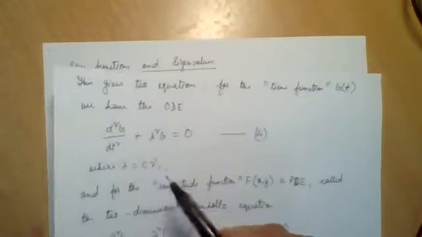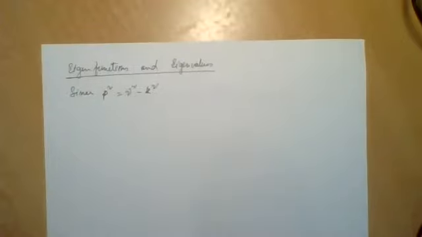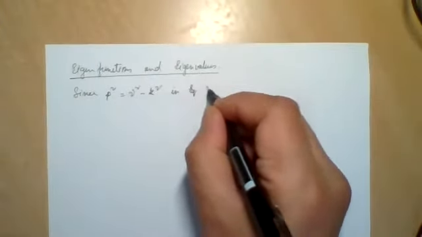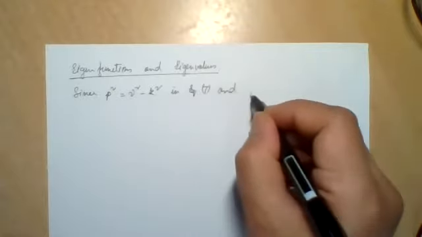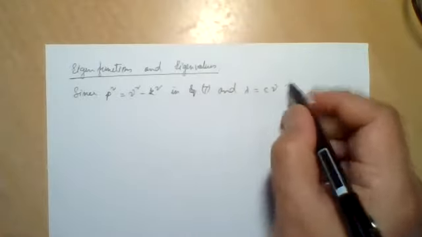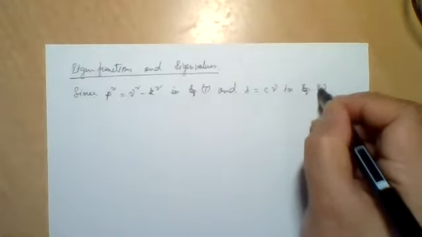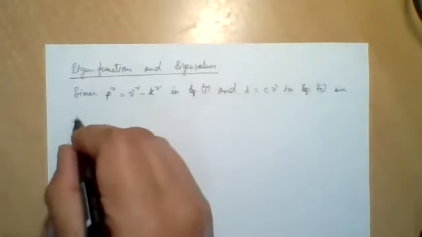Right? So since p is in equation 7 and lambda equals c times nu in equation number 4, we have